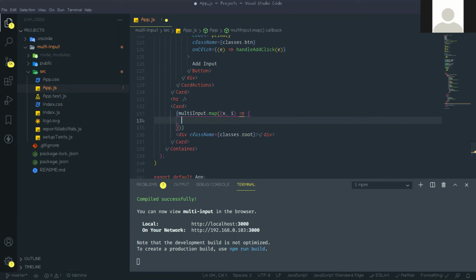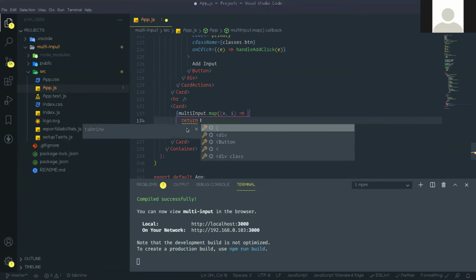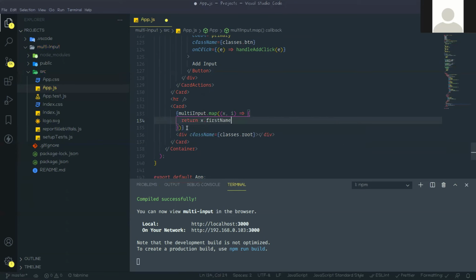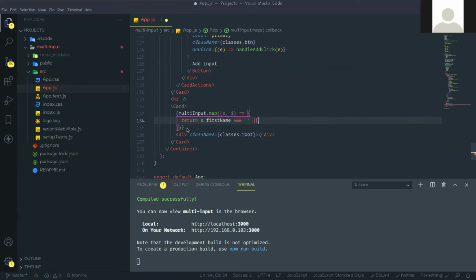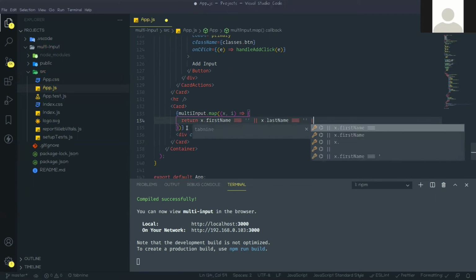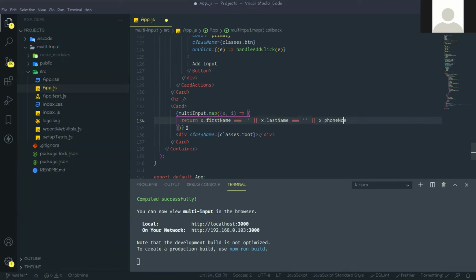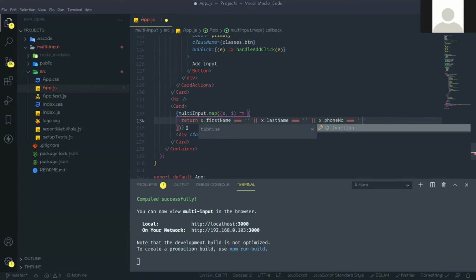So return, first we are checking if x dot first name equal to null, or x dot last name equal to null, or x dot phone number equal to null, then it should be blank.